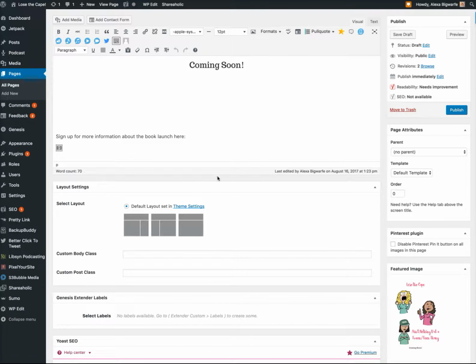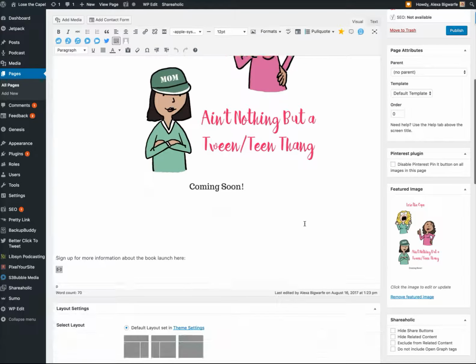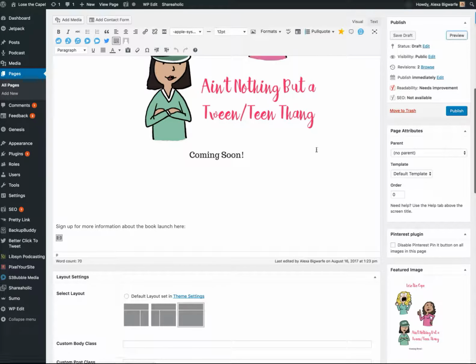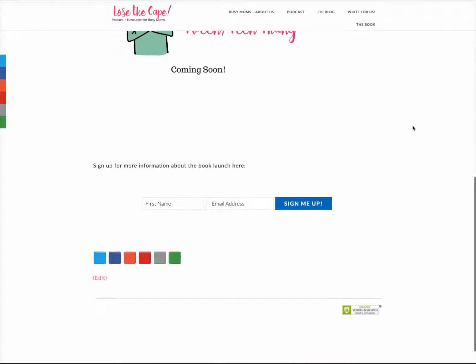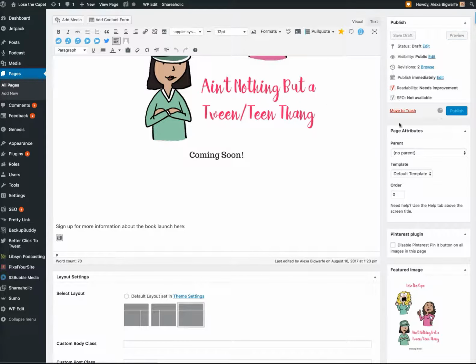What I meant to say was you want to come down here and choose the layout for this particular one. So we want it to be a full page, and this can be in different places. In my theme, it's down here. It might be up here under the template, but let's see if that changed the preview so that it's a full page without the sidebar distraction. Yes, okay. So you want to change it so that it's full page without the distraction, and then hit publish,